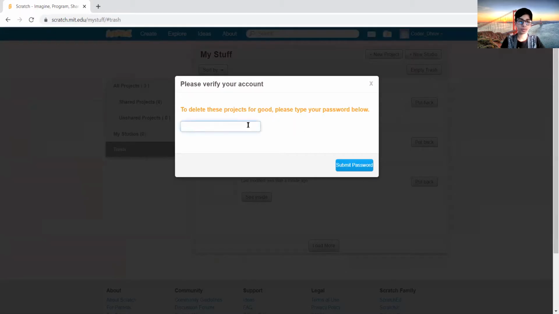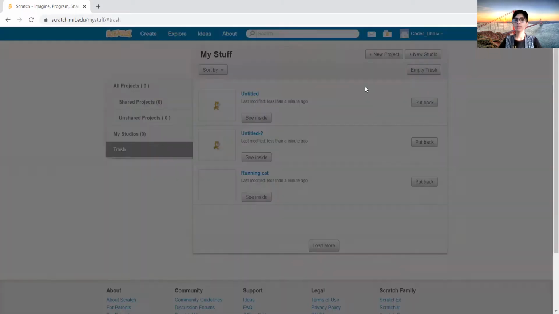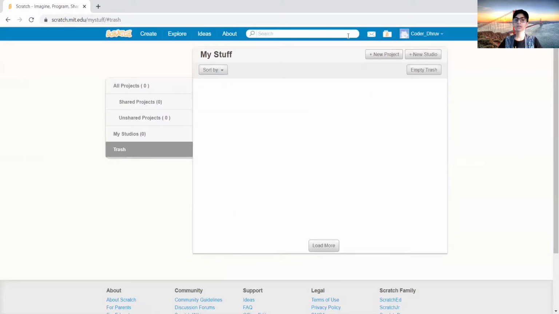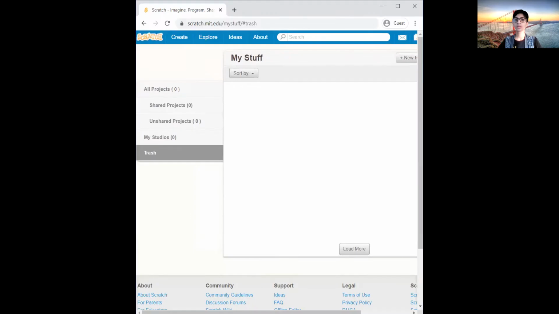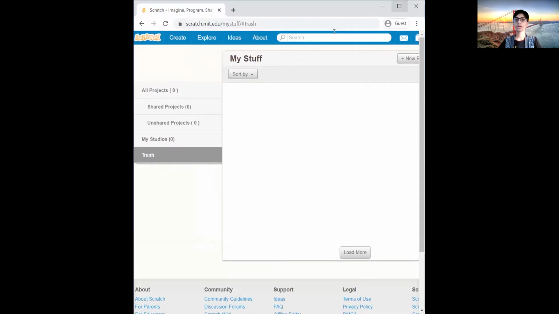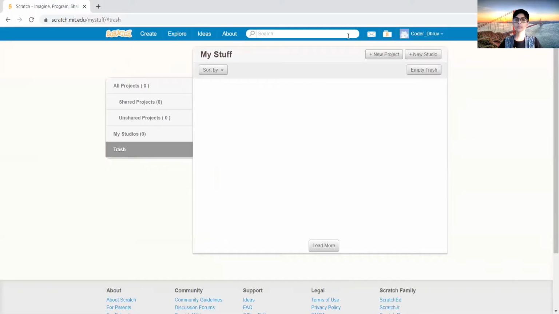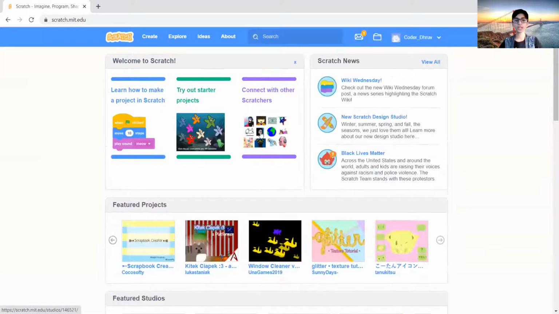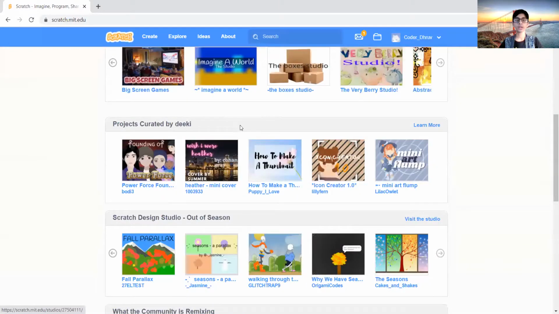Oh, I'll have to go to password. Okay, so now I'll submit my password like this. So here it is done, and then my profile I just showed it to you last time. Well, I said that I'm going to show you something on remix and the loving and favoriting.